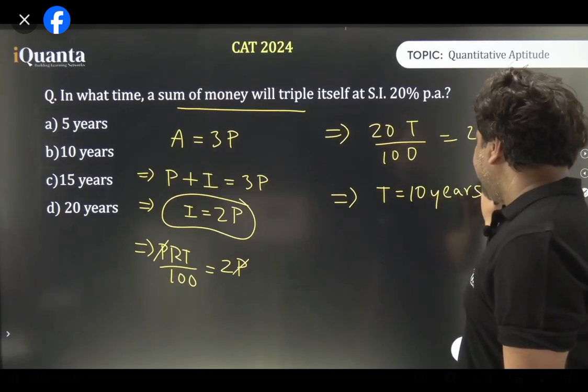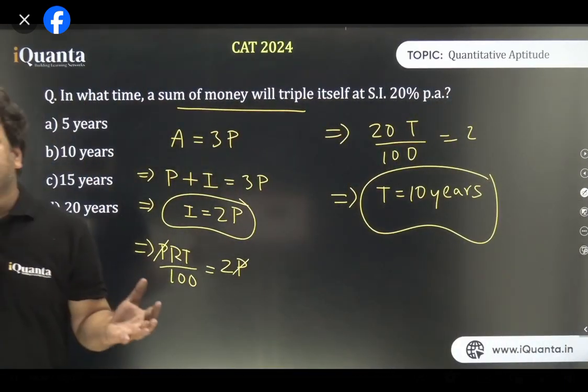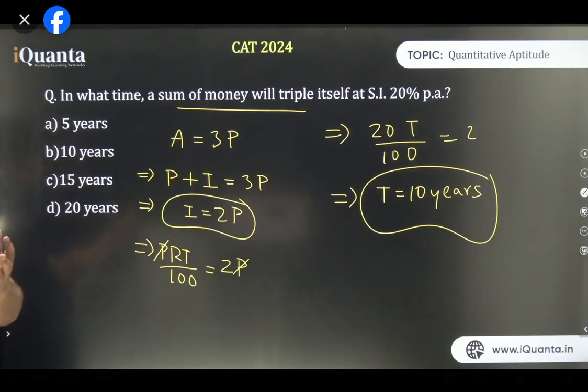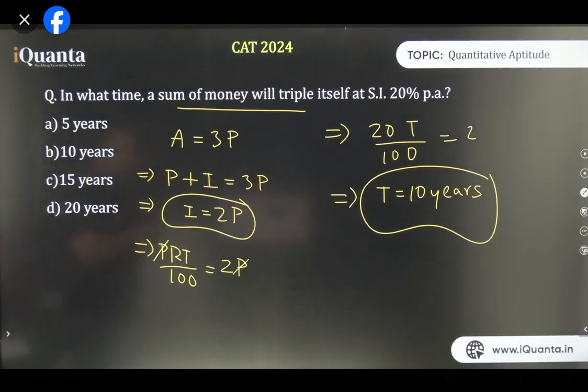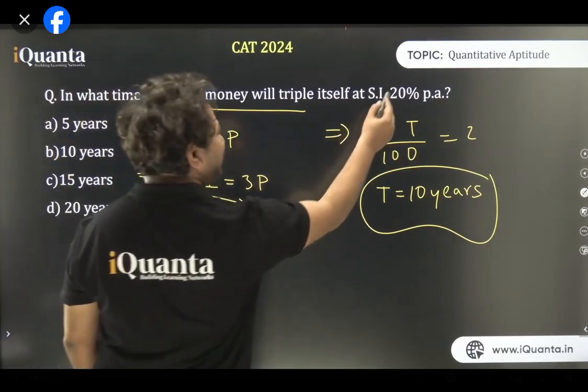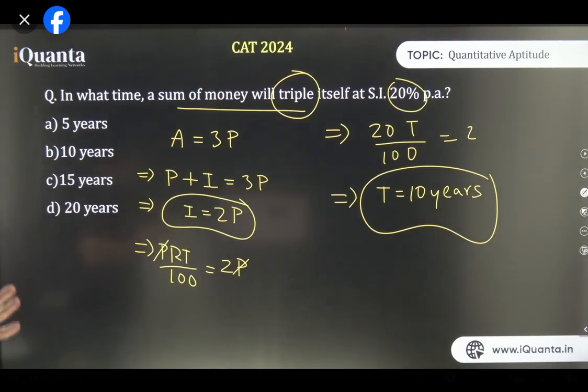So people who marked 5 years as the answer, you know what happened with you? You did not read triple, probably you read double. जिसने 5 years mark किया था उन्होंने double देख लिया होगा. जिन्होंने 15 साल mark किया है उन्होंने देखा अच्छा ठीक है 20%, 1/5 triple करना है 15 कर दो. So depending on the answer, I can guess what mistake you have committed. Both are mistakes. 5 and 15, the mistake was careless, which can happen with you.